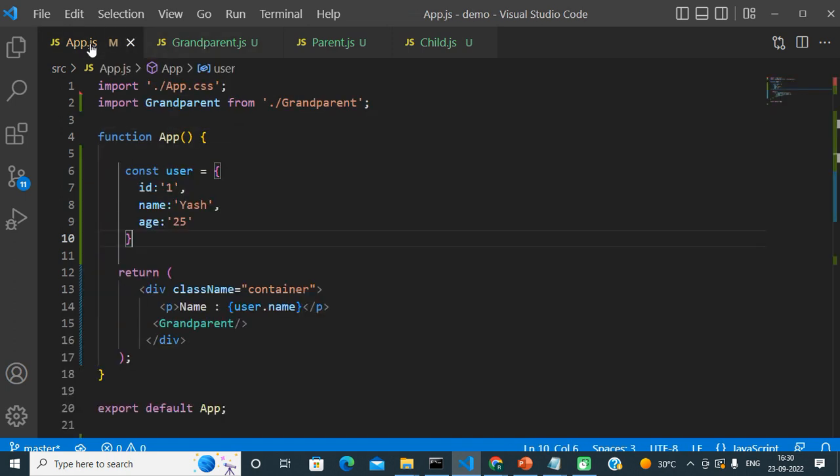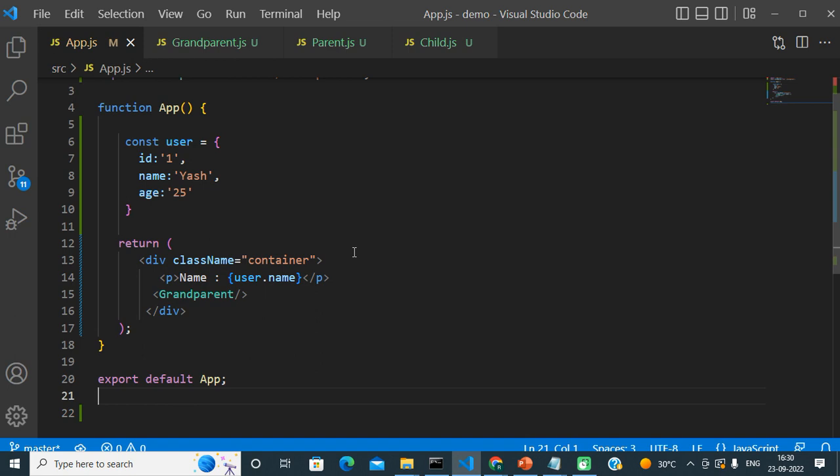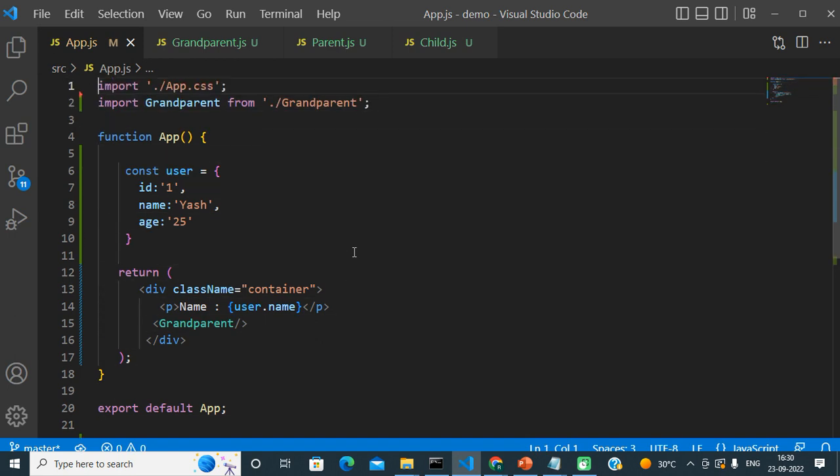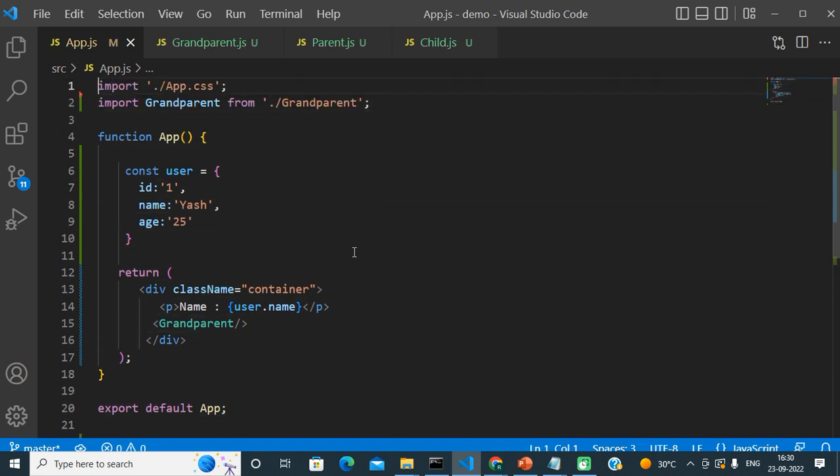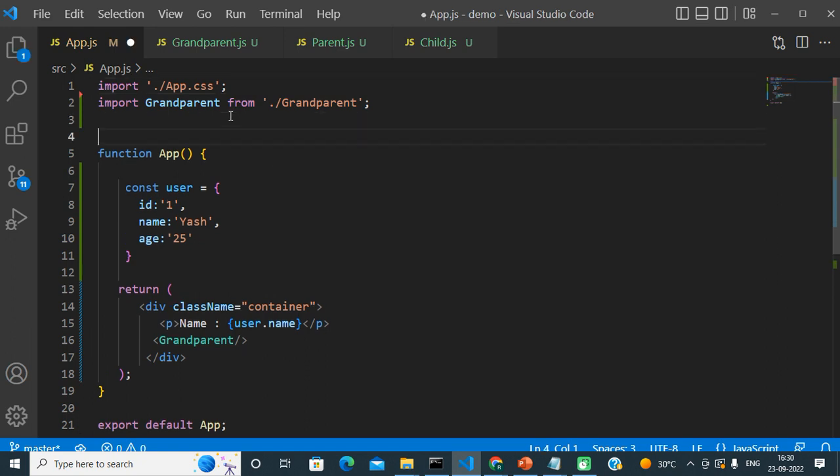Now we have to use our next hook, that is the useContext hook. So how can we use this hook? The component which is at the top level, from where we are expecting to send data to the child, in that component we need to create one context. How can we create context?